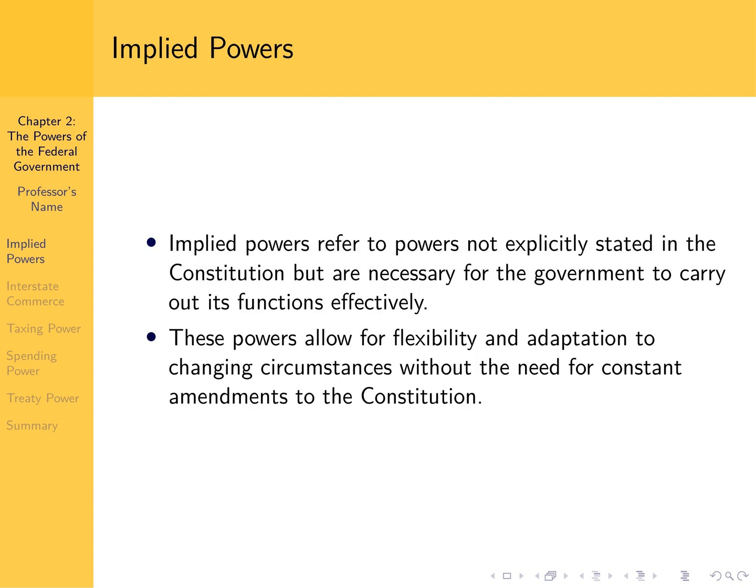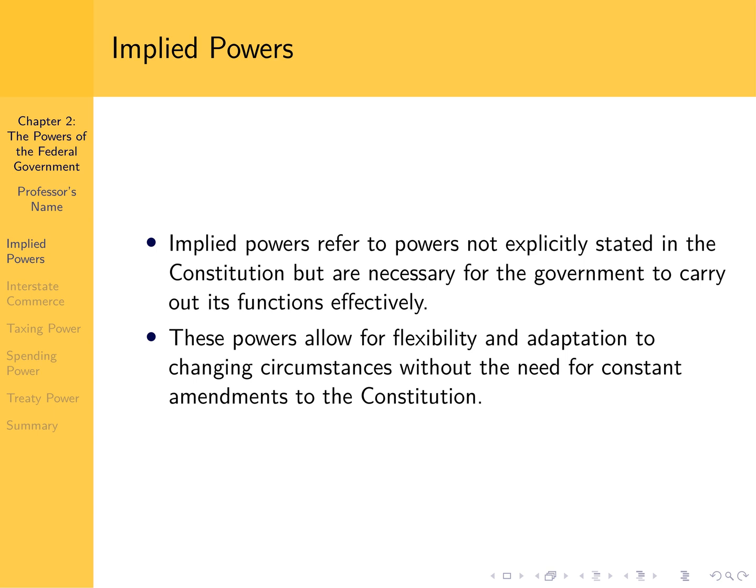Implied powers are essential for the federal government to effectively carry out its functions without the need for constant amendments to the Constitution. These powers provide flexibility and adaptability to address various situations and challenges that may arise. For instance, the power to create a national bank is considered an implied power necessary for managing the nation's finances efficiently. This allows the government to adjust to changing economic conditions without requiring a constitutional amendment each time a new